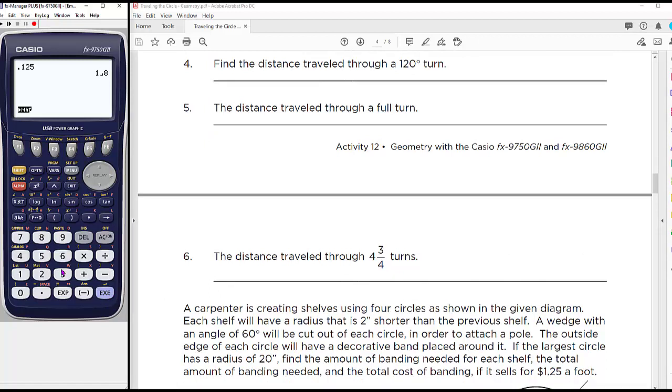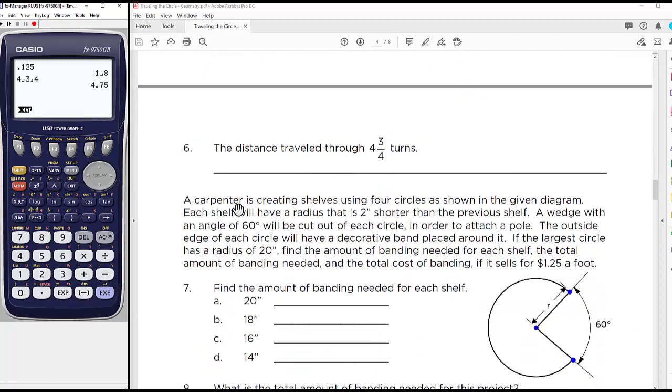I did want to point out how to enter something like a mixed number. If I have a mixed number, I'm still using this button, but I'm going to use it twice. So if I do 4, then this button, and then the 3/4, this now means I have a whole number of 4 and then the fraction 3/4. When I hit execute, I get the mixed number 19/4. And if I hit the fraction button, I get the decimal equivalent. So you can enter mixed numbers as well using that button.